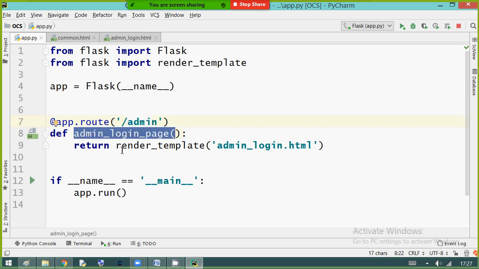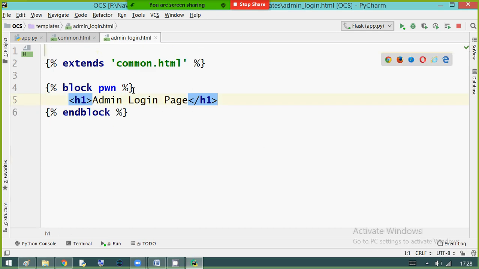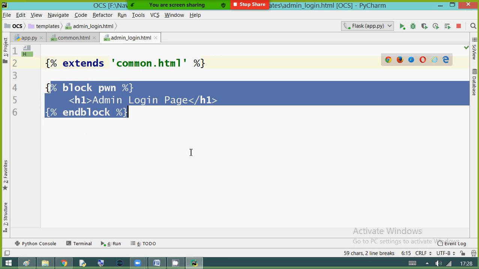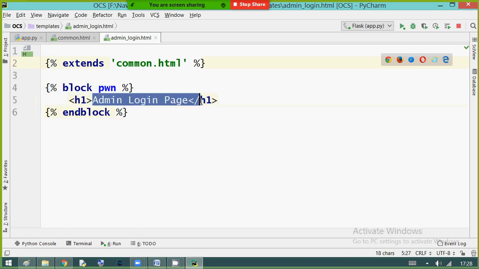That function is rendering. Rendering means displaying, showing. So when you render it, the controller goes to admin login.html, where you are inheriting common.html, overriding the block and writing your own content.